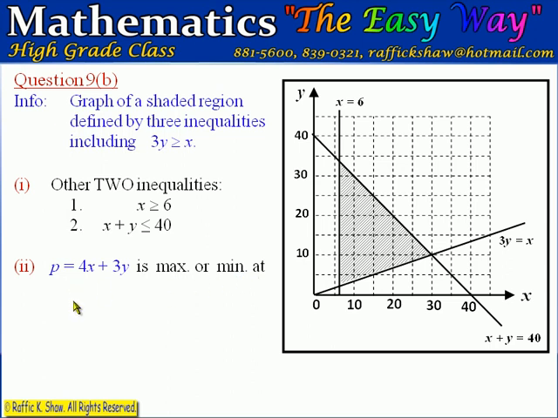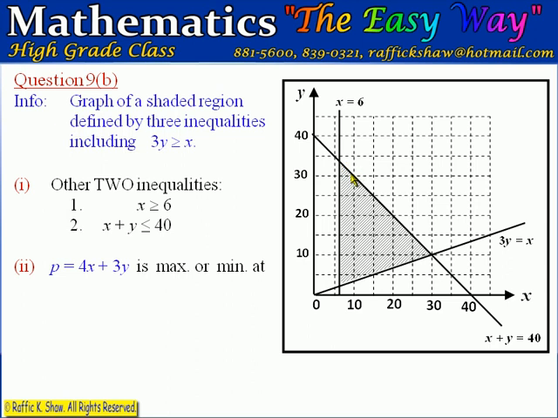Now the maximum or minimum values of p will occur at the vertices of the required region or of the shaded region, and if a vertex cannot be used, then it will occur at a point along